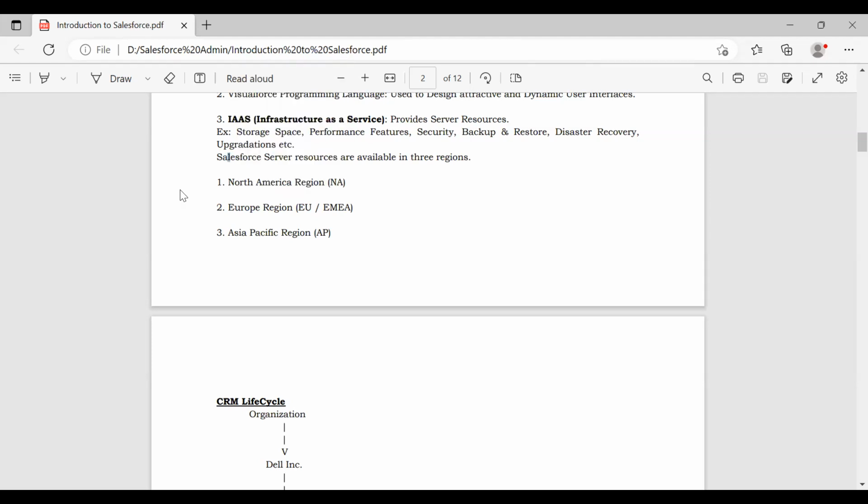Now let us know in which regions Salesforce is maintaining servers. Salesforce is maintaining servers in the North America region, the Europe region, and the third one is the Asia Pacific region. Depending upon the country from where you are using your Salesforce account, while creating the account you are going to specify the country name from which you are going to log in. Based on that, it will allocate memory for you in a particular server in any of these 3